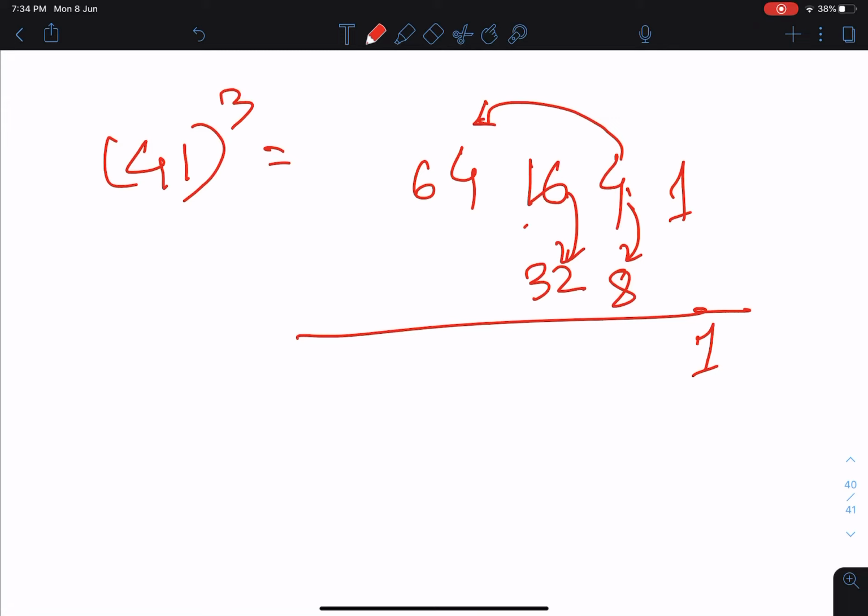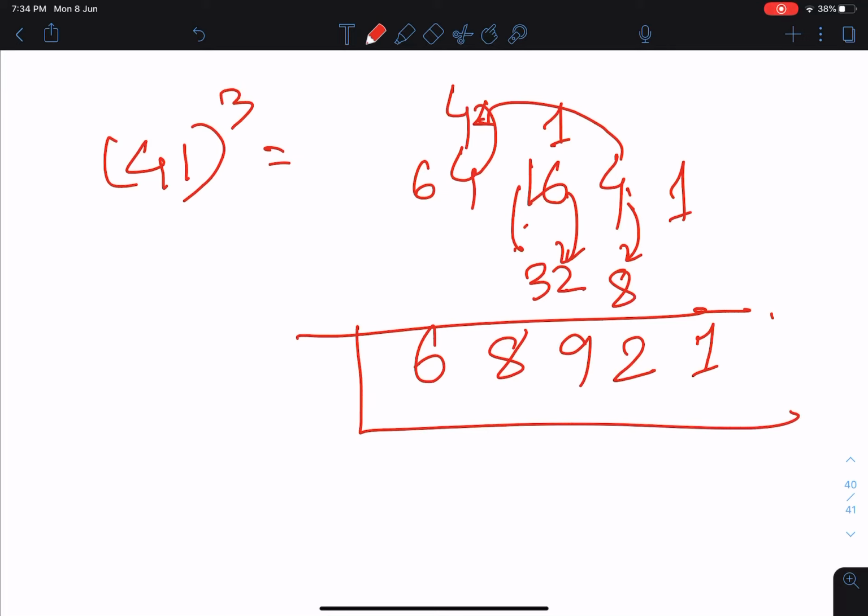Now 4 plus 8 will be 12, 1 will be carried, so 1 plus 6 will be 7, 7 plus 2 will be 9, and now 4 is here, 4 will be carried, so you write 4 on top of this 4. Now 4 plus 4 will be 8, and then 6 will come here. So this will be the cube of 41. Okay, hope you understood the method.